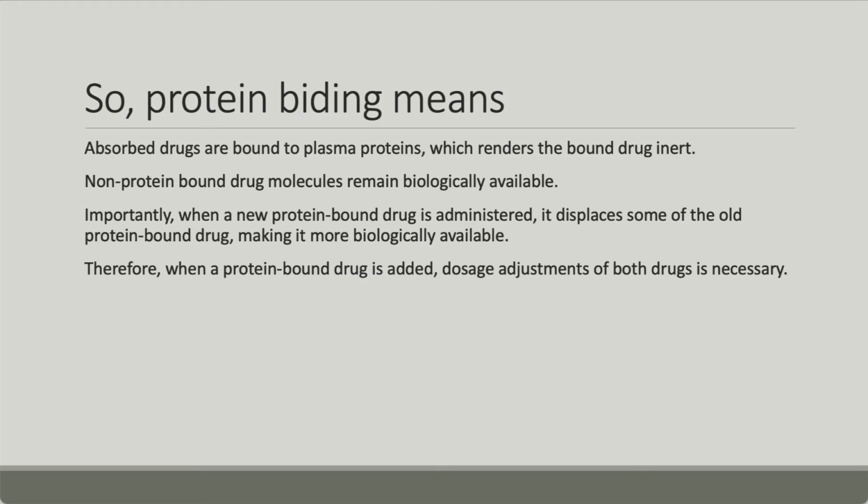Well, because there are certain drugs that we use, and warfarin, which is an anticoagulant, is the most famous of all these drugs, that is highly protein bound. When you take it, it gets absorbed in the gut. It goes across the plasma membrane. It goes across some semi-permeable membrane in your gut, goes into the bloodstream. A lot of it gets attached to the plasma proteins and becomes inert, and the rest of it that's floating around is biologically active, which is fine. You live in perfect peace and harmony with your Coumadin dose when that happens.